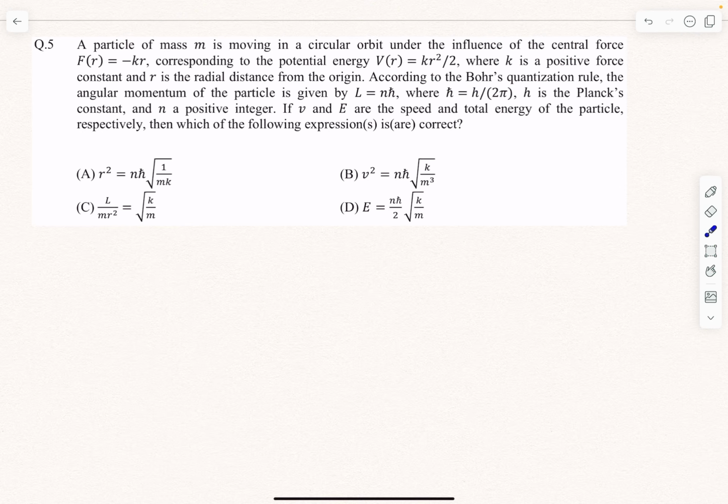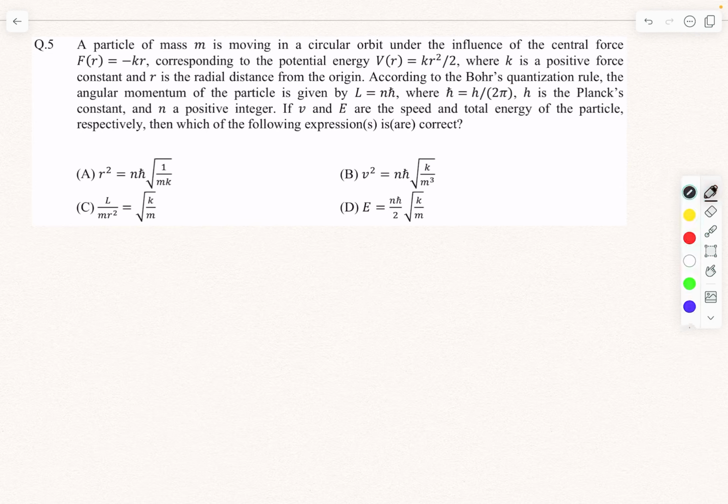Now k is given to be a positive constant and r is the radial distance from the origin. According to Bohr's quantization rule, the angular momentum of the particle is given by L equals nh by 2 pi, and h over 2 pi, they're just calling it h cross. So now we have to talk about v and E, which is the speed and the total energy of the